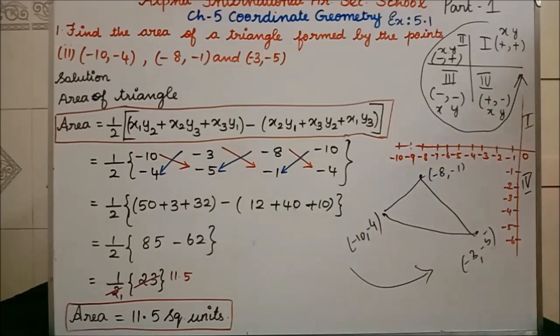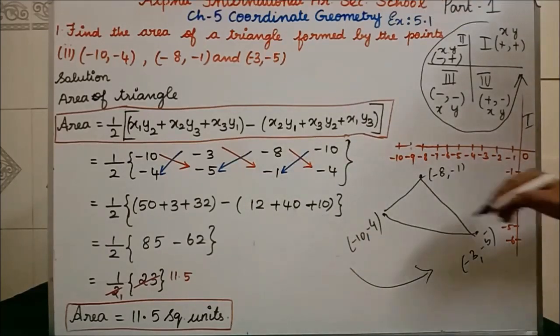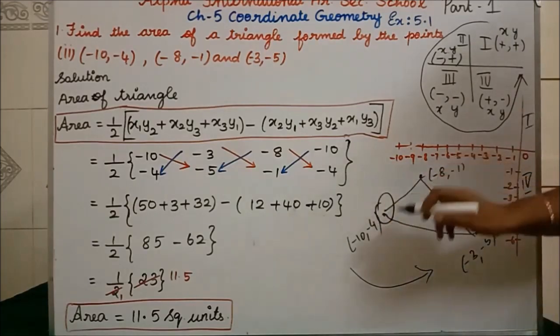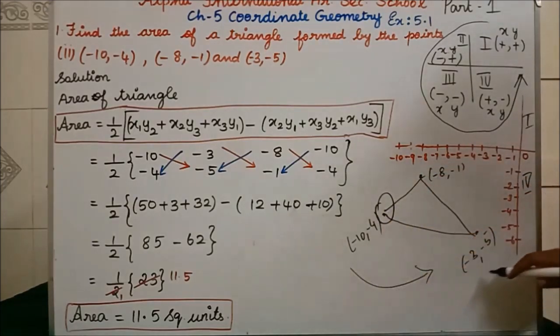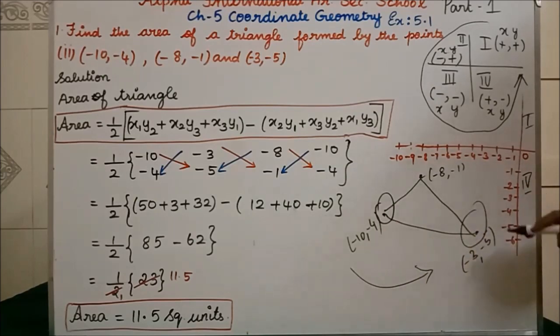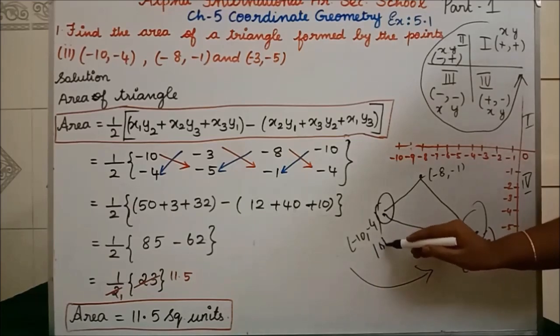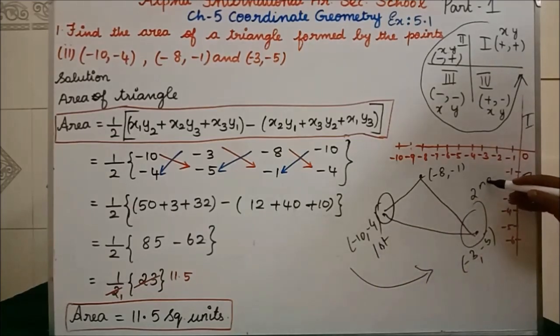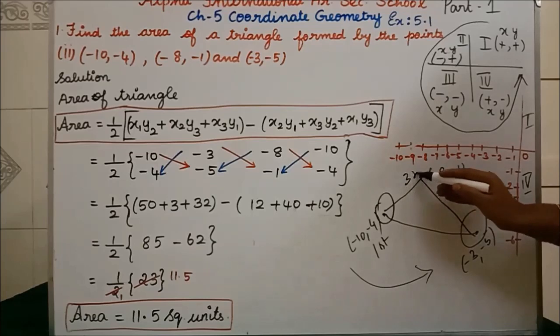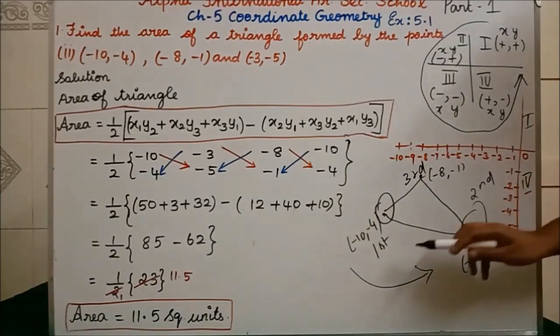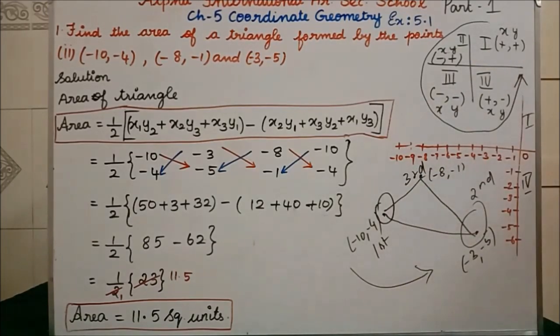See, the first point in the question that they have given is minus 10, minus 4. After this point, anti-clockwise means it will go like this. After the point, this point only we have to write. Then this is the first, this is the second and this is the third. Clear, all of you? This is the first, this is the second and this is the third. In the same format only, now we have to write. Listen, you have to write the area of your triangle formula. Clear?